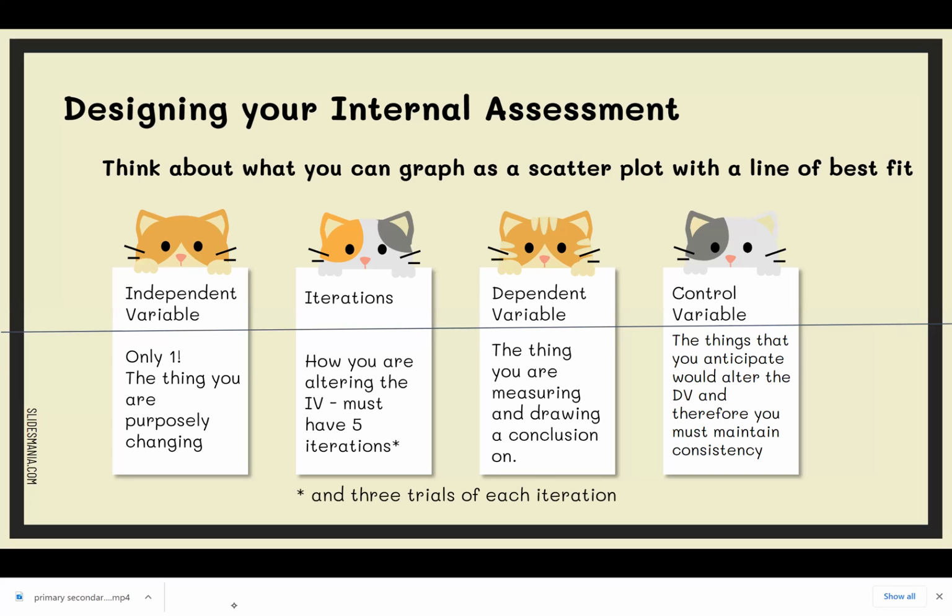Each of those 5 iterations ideally will have 3 trials. And these iterations and trials are things that people get confused sometimes. So I'm going to go through that example again. So if we're looking at concentration,